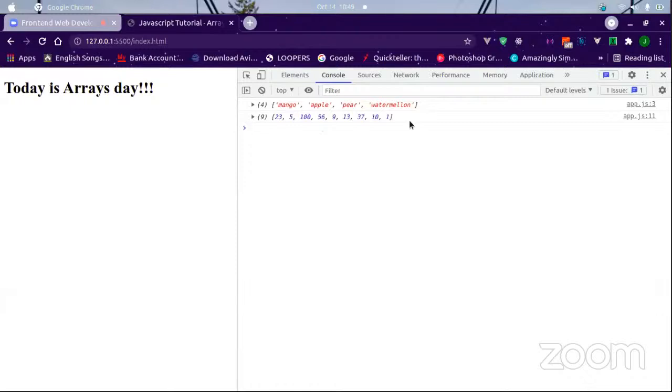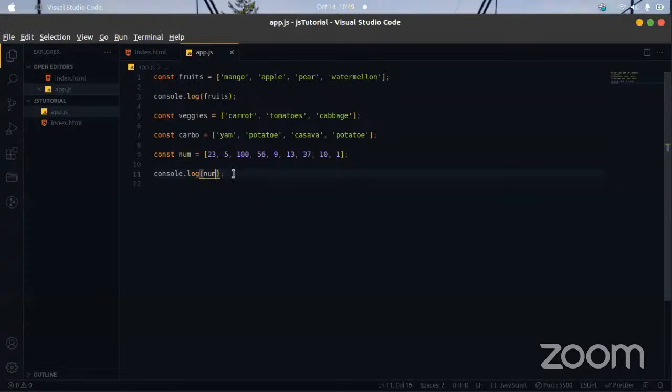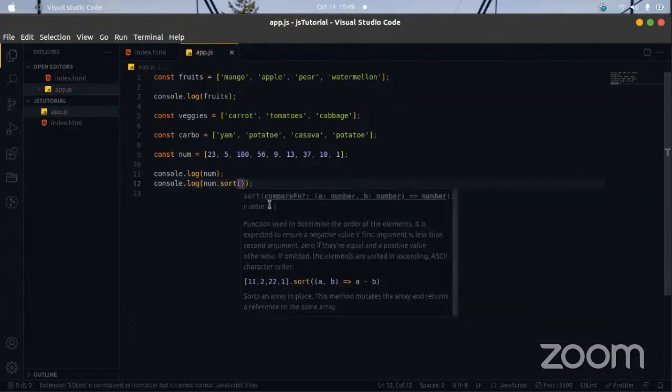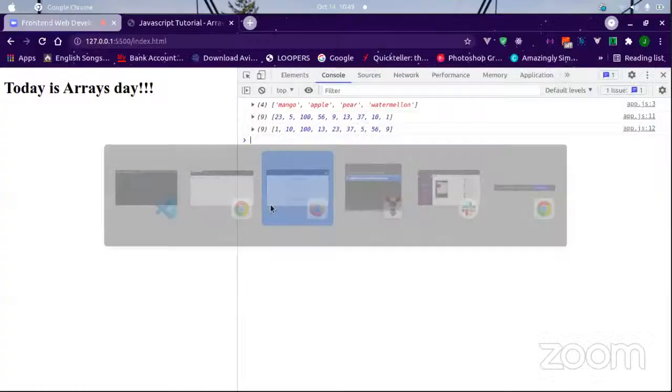But then we want to sort this out from the smallest to the greatest, so we could just say num.sort, and it's actually going to arrange the array for us.